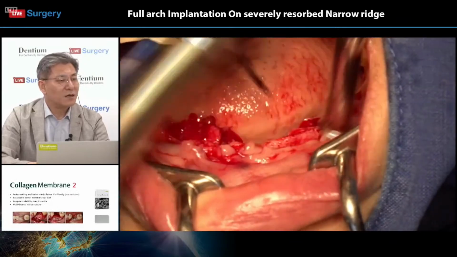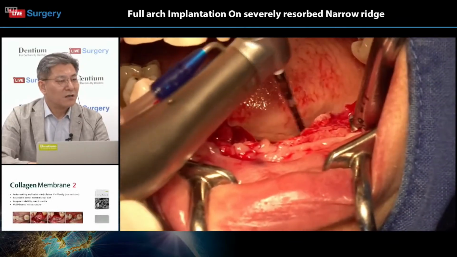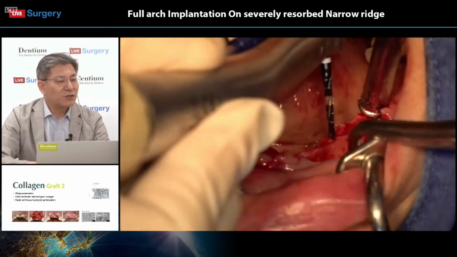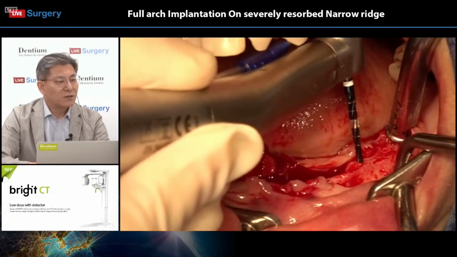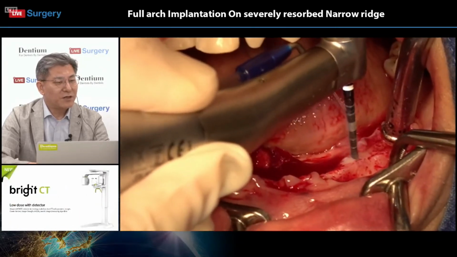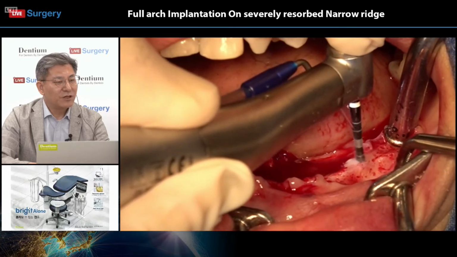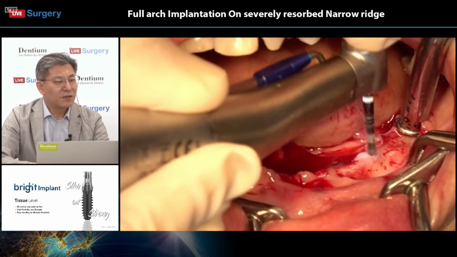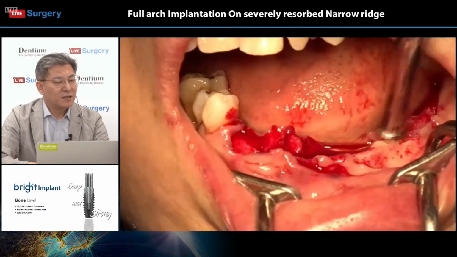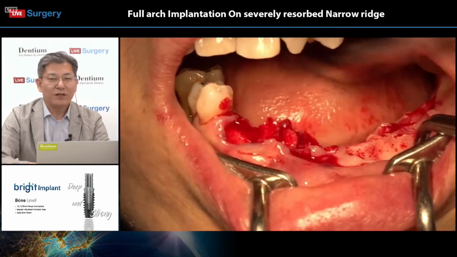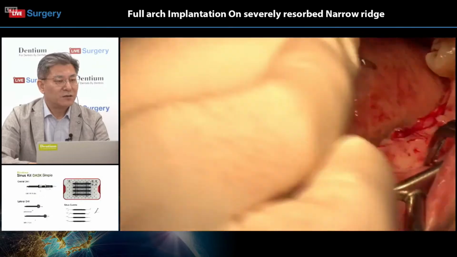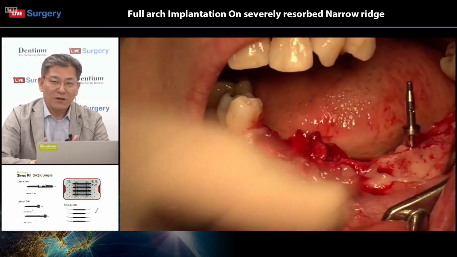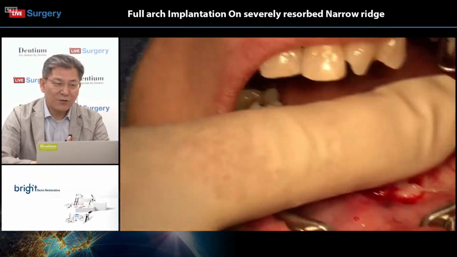Yeah, he is positioning the number 35 area here, using Lindemann drill, 7 millimeter, until 7 millimeter drill. Even though it is a very thin narrow ridge,